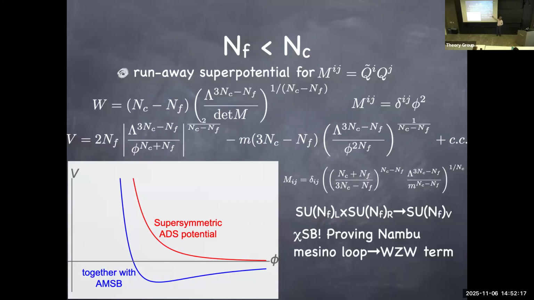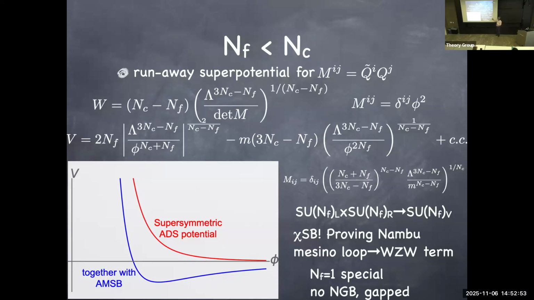And once you know that this SUSY breaking happens, then you can write down the chiral Lagrangian. I will show that on the next slide. But when you do so, the meson has a partner, mesino, I might call it, the fermions, which you also need to integrate out. And when you integrate out the mesino loop, you can show that it also induces the Wess-Zumino-Witten term you are supposed to have in a chiral Lagrangian, so that you can explain how pi naught decays to gamma gamma. That also automatically comes out. I'm not showing this here, but believe me, it does.